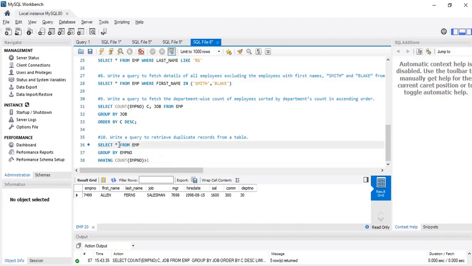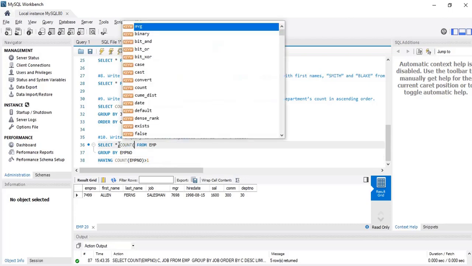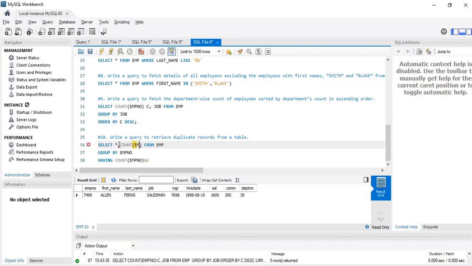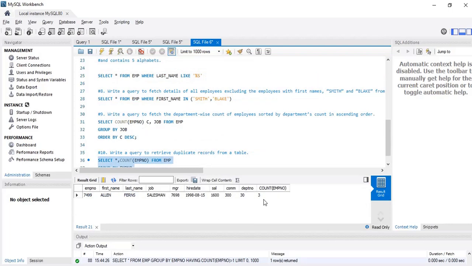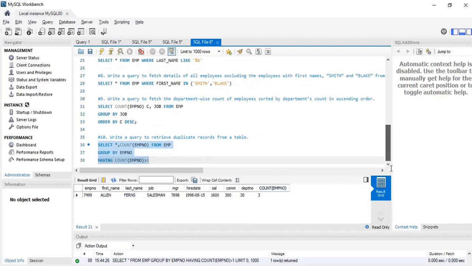Now if you want to see the number of times it is repeated, you can also write count of employee number. So 3 times it is repeated in the table. You can also check in the table. So this is what we do. First we will group them employee number wise, so all the same employee numbers, 7499, all those will come together, and then we add some restriction.